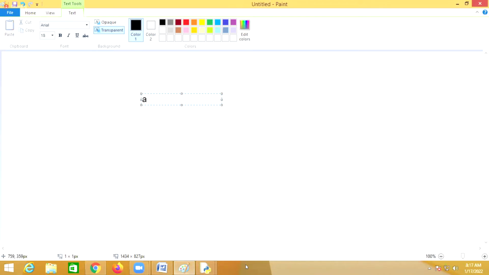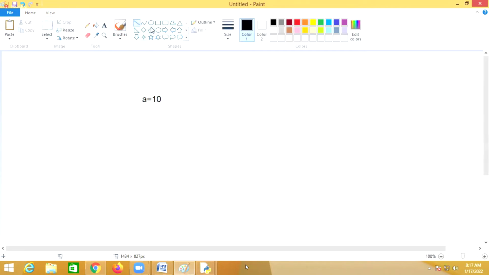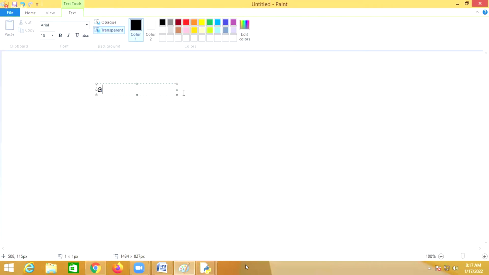For example, if I'm writing a equal to 10, or a equal to 10 plus 20, a equal to 10 is one instruction. It is one statement.